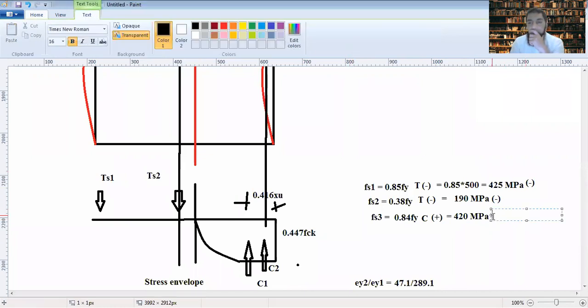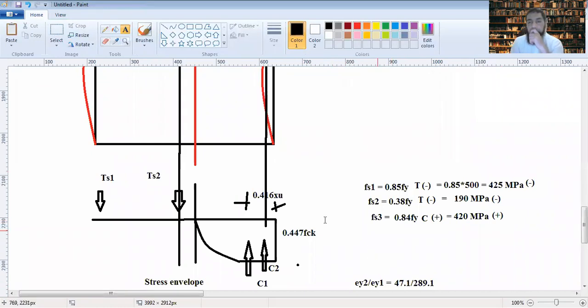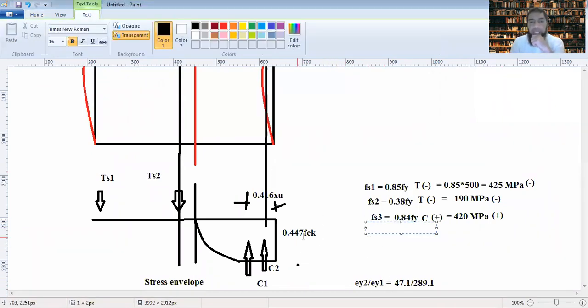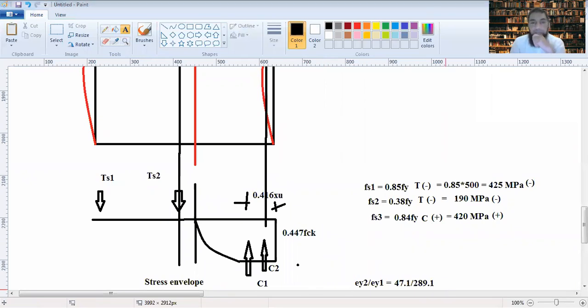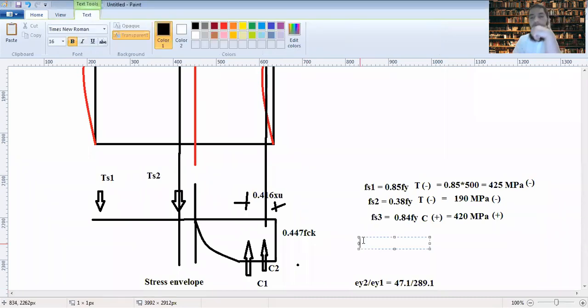Now this is positive. Then in this case, now how much is this? The maximum 420 megapascals is fs3, and on the tension side you have 425 megapascals. So you are getting more on the tension side, that's 425 megapascals is the stress in the steel on the tension side. Thereby the design strength in axial compression would be